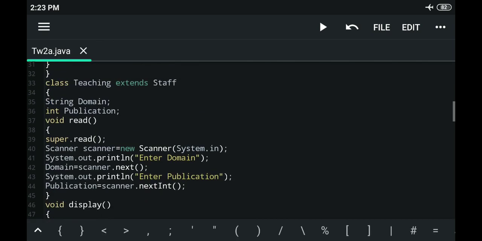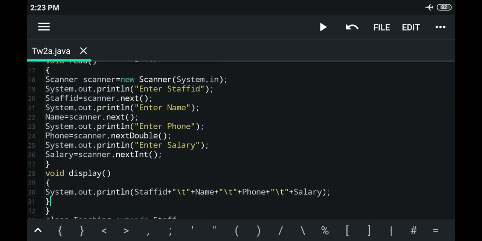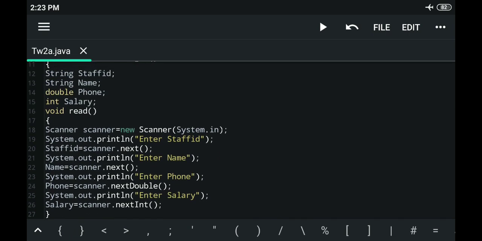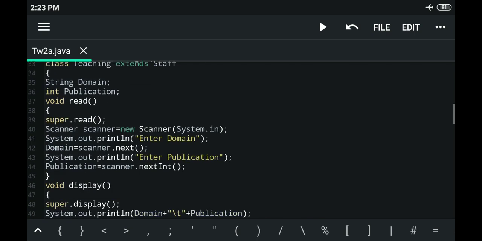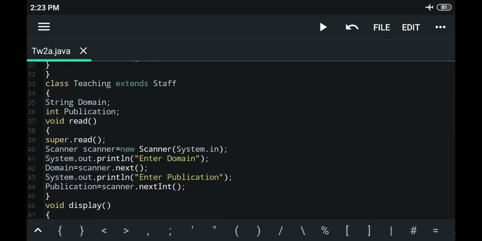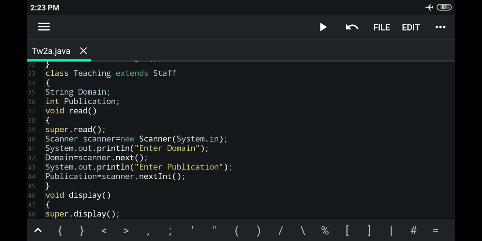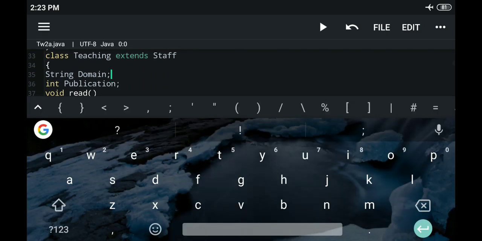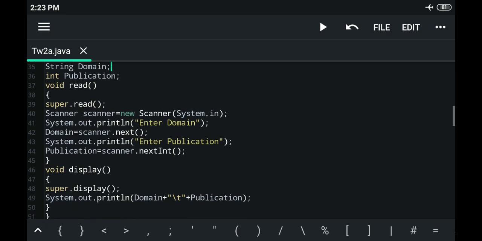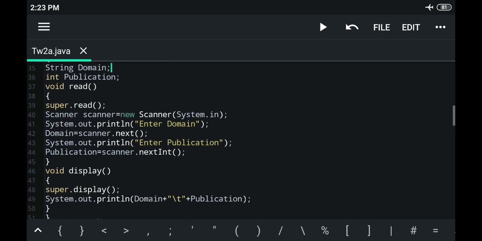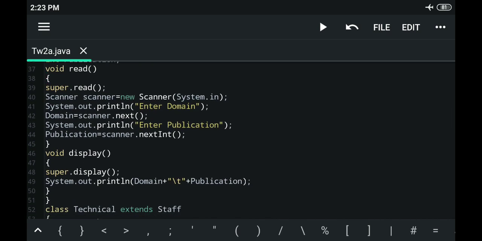It means that all the variables that were part of the class Staff, that is staff ID, name, phone number, salary, are also now part of class Teaching, with two additional members, domain and publications. Again, in this particular class we have a method called read.